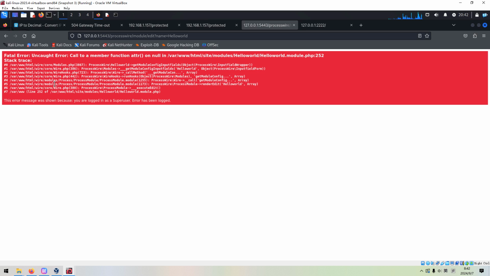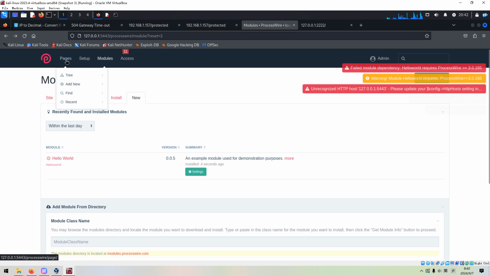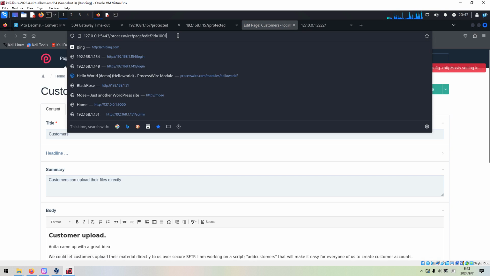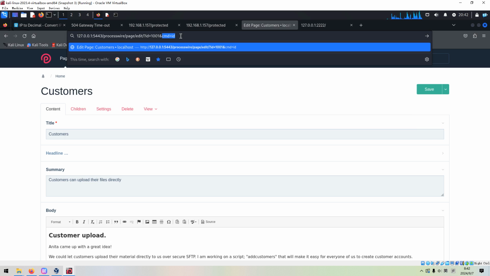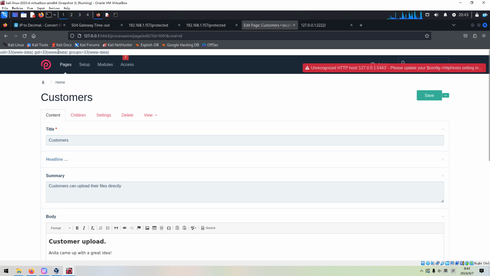Okay, although there is some error which doesn't matter, we can go back and go to the pages. You can edit any page, and you can pass the argument, for example, cmd id. As you can see, the id command has been executed successfully.